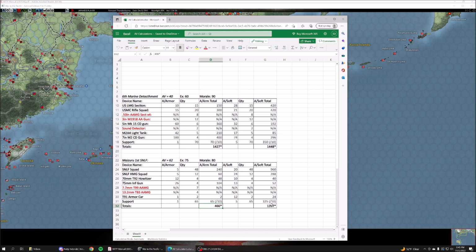And then they have an anti-soft rating of 1397. Again, factoring in this support equation down here. So these are numbers on the defense, not even on the offense. If you take a look at these two, you'll see that the 6th Marine Detachment has significantly higher anti-armor capability